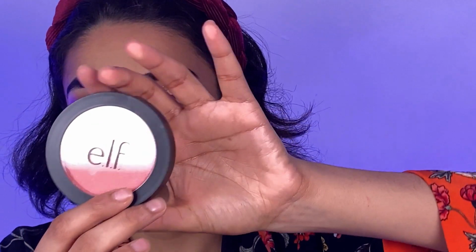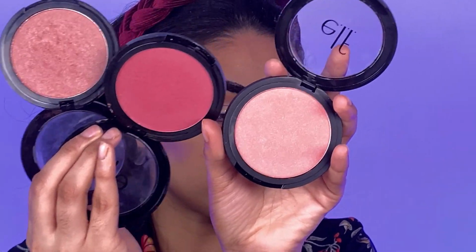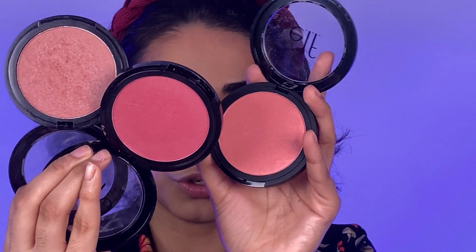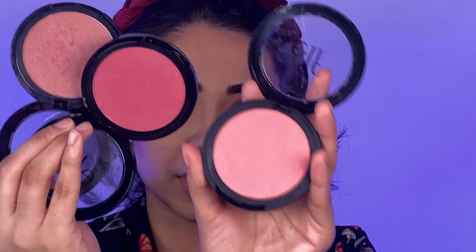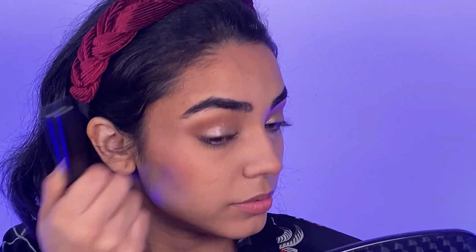This is what the blush looks like. It is always cheery. Compared to the other shimmer blushes that I have, this is the new one, and it's a lot lighter than these. So that is crazy, crazy pigmented. I keep forgetting, but y'all need to be careful when you apply this. This is super pigmented. I'm just going in with a clean brush now to blend it out because, bruh, I